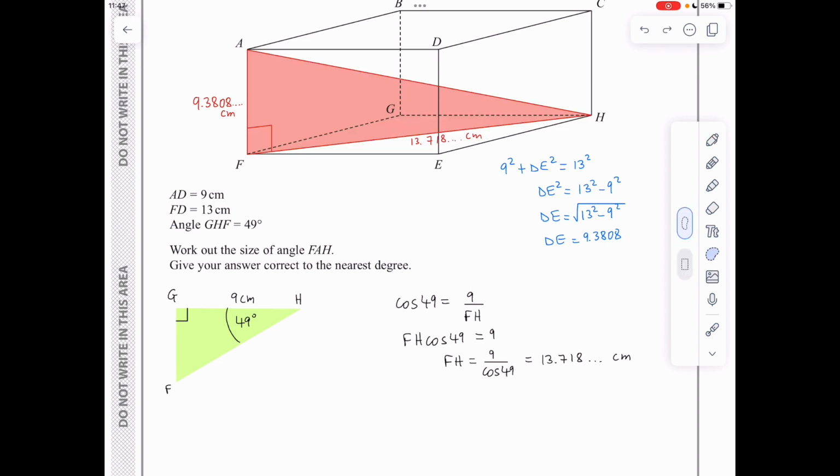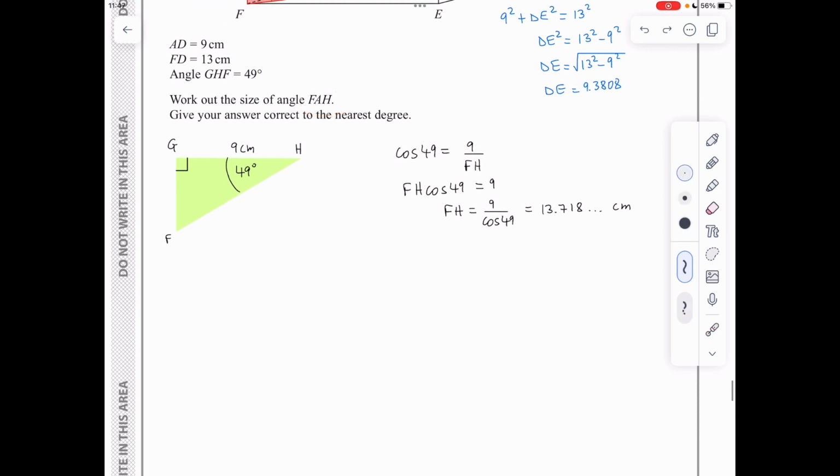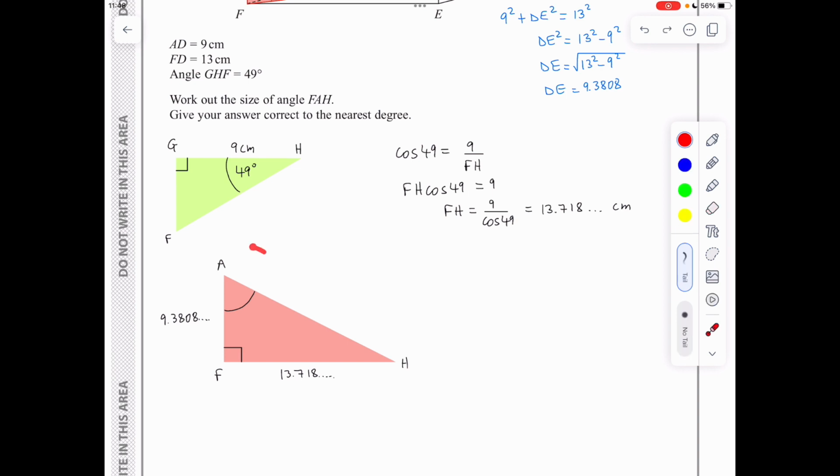centimeters. So now we've got enough information for triangle AFH in order to proceed in finding the angle FAH. So let me extract the triangle here for you to see it clearly. This is what we have here. So we're trying to find the angle here, and we can easily see that the tangent of FAH is equal